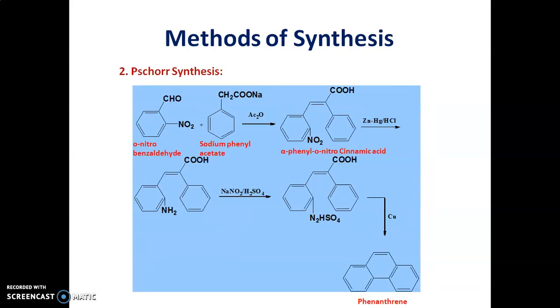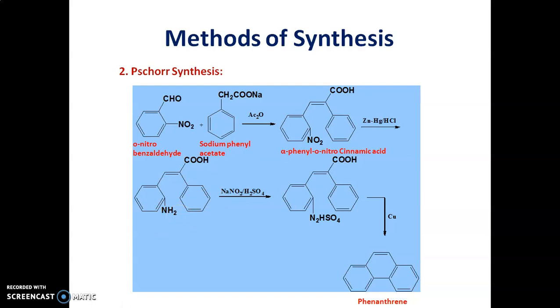The next method for synthesis of phenanthrene is Pschorr synthesis. In Pschorr synthesis, orthonitrobenzaldehyde is heated with sodium phenyl acetate in presence of acetic anhydride, that is Perkin's reaction, to yield alpha-phenyl orthonitrocinnamic acid. This product on reduction gives amino compound, that is this nitro group is converted to amino group, which on